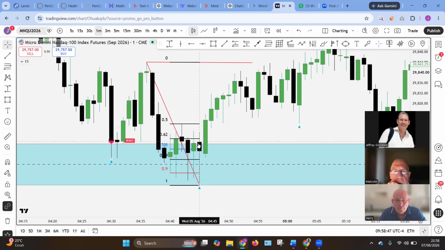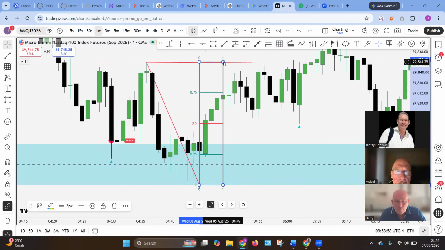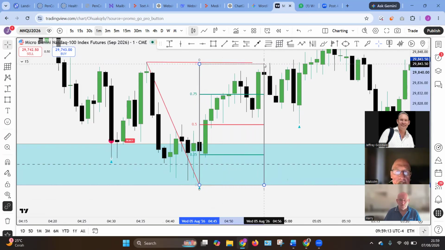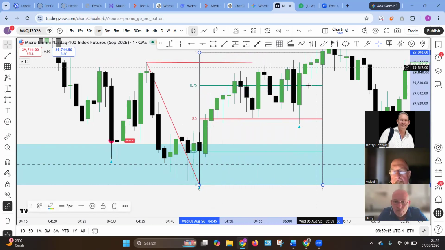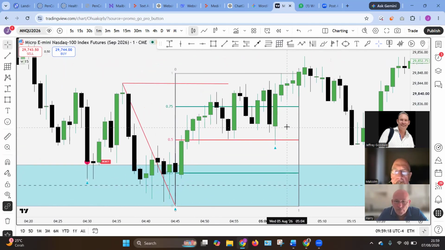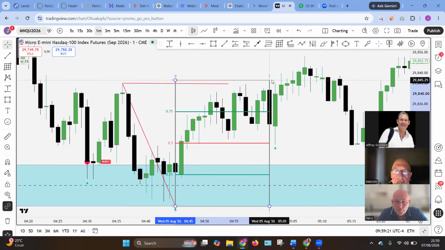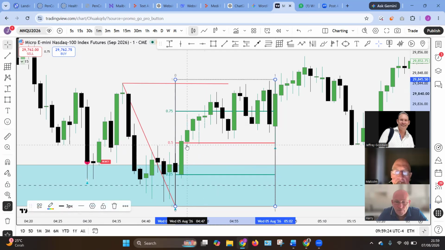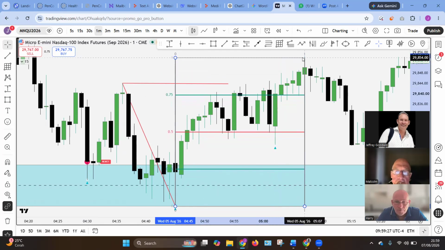So I'll do the GAN box, actually, rather than the Fibonacci. The way you do this, you go to the very low, just go to the very high. And if it doesn't come below this 50, unless there's an FVG immediately just above it, I would ignore that. So we just keep taking this up, up, up. At some point that might have been a possibility, but there was no FVG there. So I keep taking this up.